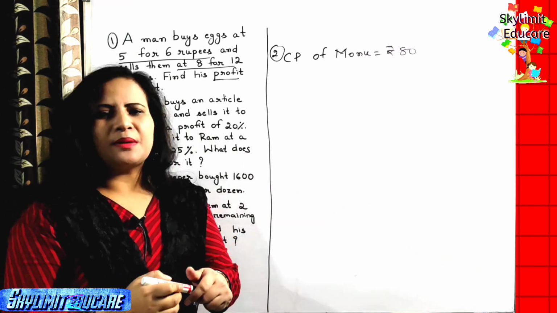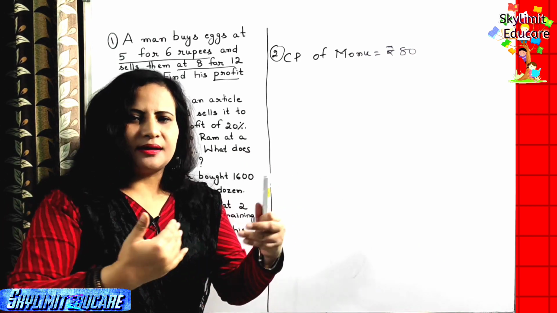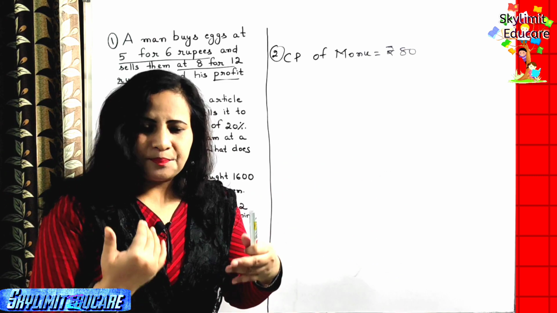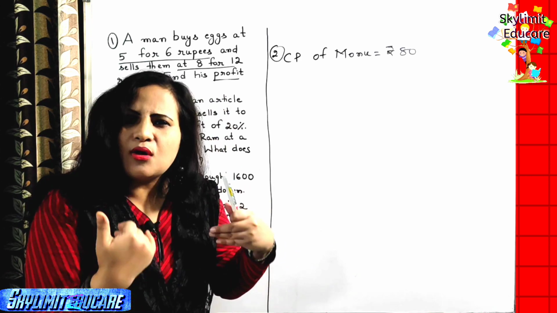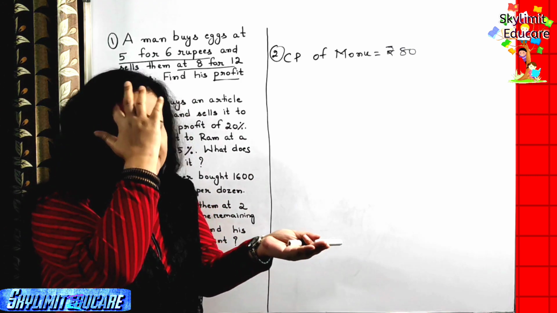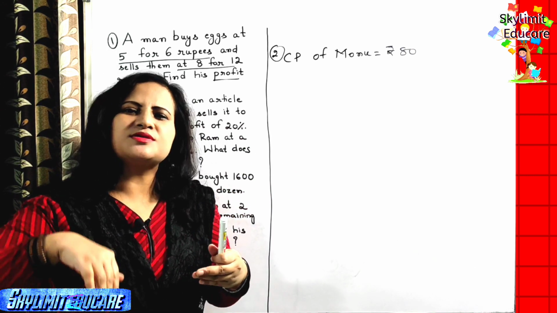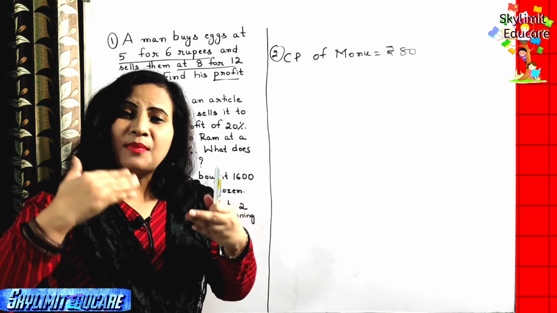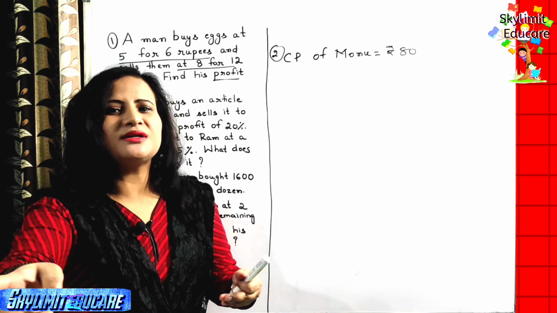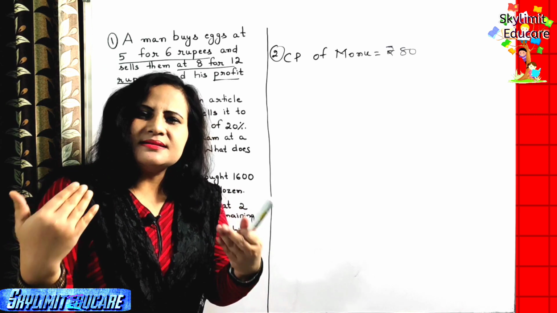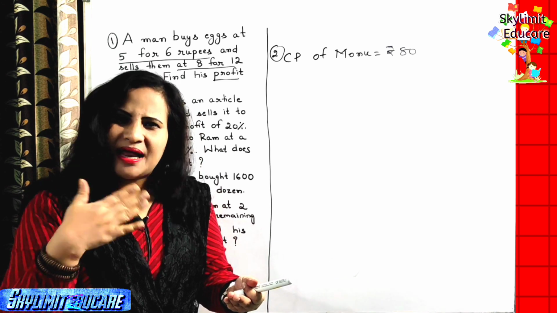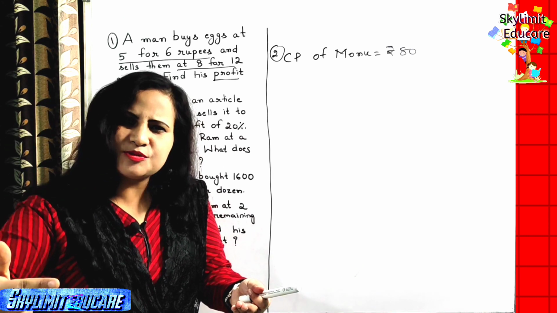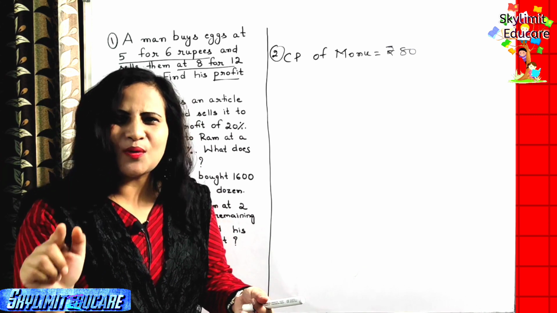So now here one more thing you should remember, students, is that if I purchase an article, that is my cost price, but it is the selling price of the shopkeeper. The price at which I purchase an article is my cost price, but it is the selling price of the shopkeeper. Likewise, when I sell the same article to someone else, the price at which I sell is my selling price, but my selling price is the cost price of the person who has purchased it, right? I sell something at a particular price. That is my selling price, but the same price is the cost price for the buyer. I think the statement is quite clear.